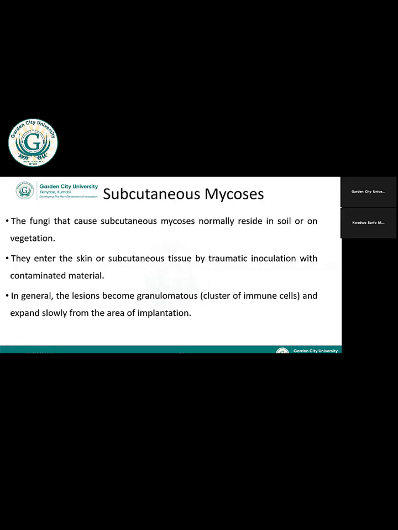And because the fungal cells grow slowly, treatment takes time. So sometimes it can take about 8 weeks, 12 weeks, depending on the condition. So if the patient takes the medication and then stops along the line, it can have